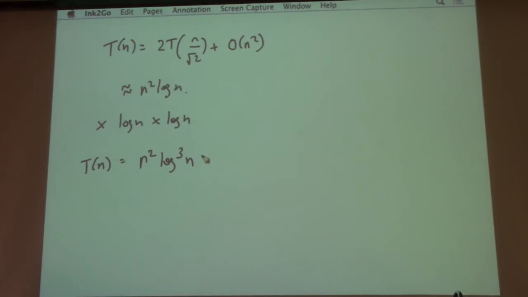Because you're running roughly 0.3 times n contractions, because n over root 2 is roughly 0.7 n. To get from n to 0.7 n, you run 0.3 times n steps. Each step takes n time, as we said. So it's n squared for the contract operation. And there are two of them. So,